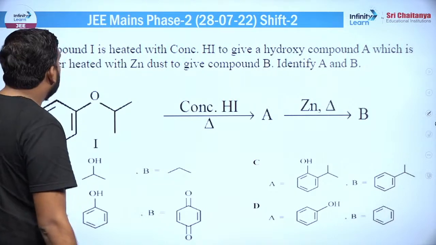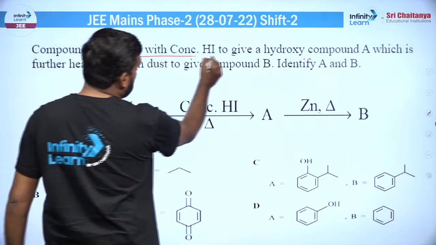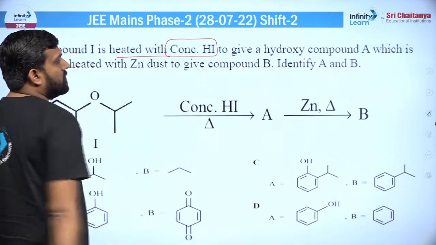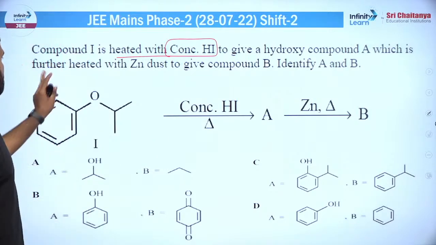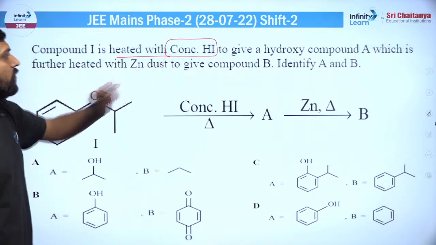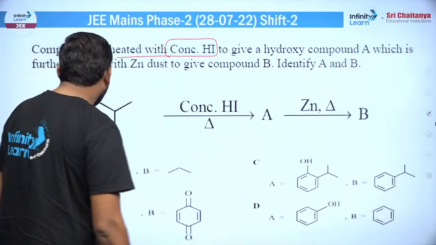तो ये आपको यहाँ से करना है क्वेश्चन, और इसमें कुछ दम नहीं है, ठीक है। कंपाउंड, ये अच्छा क्वेश्चन था। द कंपाउंड इज हीटेड विद द कंसंट्रेटेड HI टू गिव द हाइड्रोक्सी कंपाउंड A which further heated with the zinc dust to give the following compound B, ठीक है।